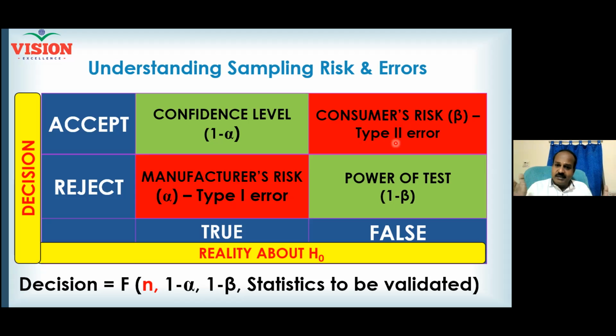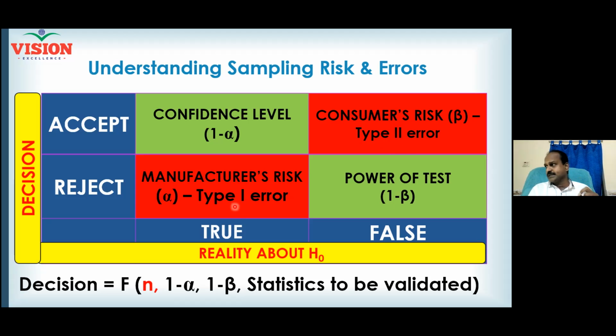When your confidence level is going down, what will happen to your confidence interval? Yes, there is a relationship between your confidence level and confidence interval. Generally, when you increase your confidence level, your confidence interval will get widened. But our main job, our responsibility, is to see that we get the higher confidence level while at the same time maintaining the narrower confidence interval. And that is why we always look at the variation in the data.